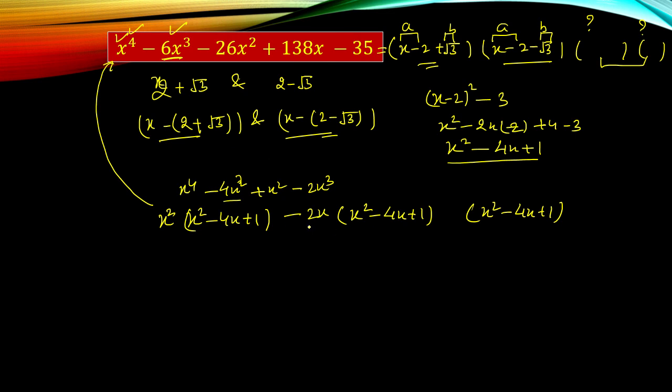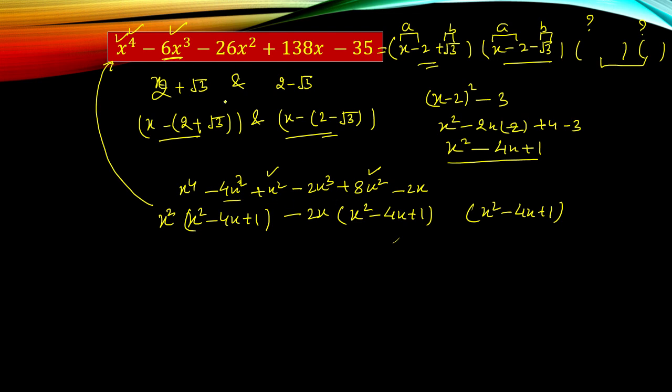So we are thinking about which number is required to multiply, like this, for our task. And now think about how we can complete the task. As per the task, multiply the number. Now minus 2x multiplied to minus 4x, and ultimately we will get 8x square positive. Minus 2x multiplied to 1, it should be minus 2x only. Now our next task is minus 26x square. We have two terms of x square, that is x square and 8x square. Our next task is minus 26x square, but we have 8x square plus x square, 9x square.